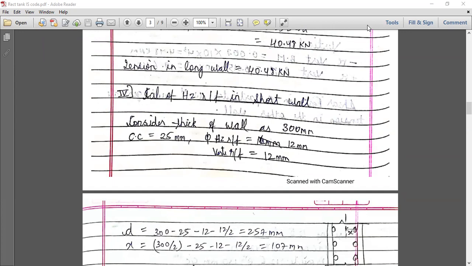ठीक है, that y is equal to 0 shows the origin at the center of the wall. From the center if we go away, that is b by 4, मतलब जो total b है उसका 1/4 we will go away from b. तो जो center point है vertical line, that is considered as y equal to 0. ठीक है, different locations basically the values are given.